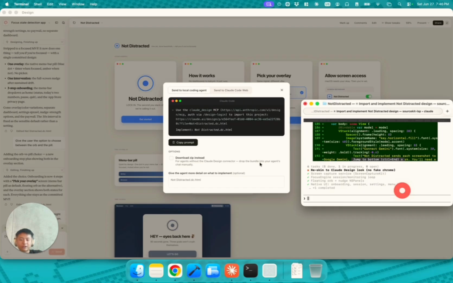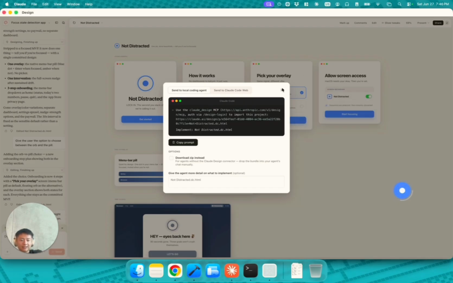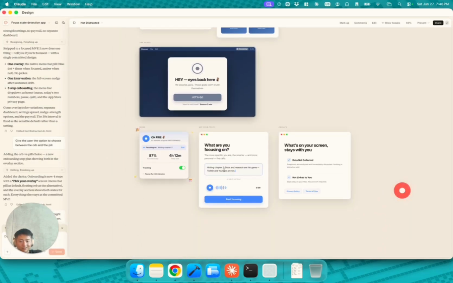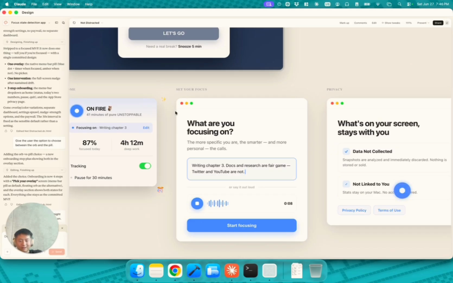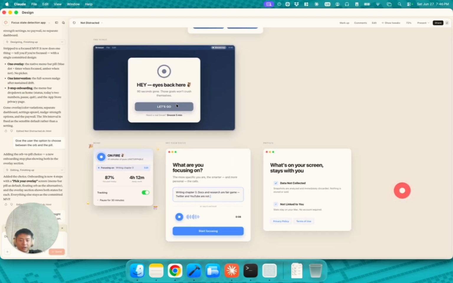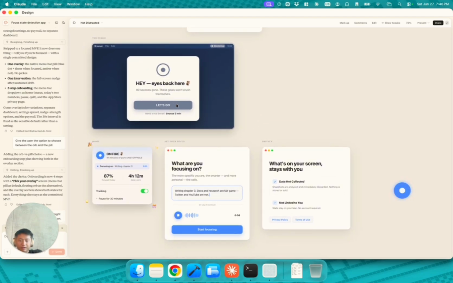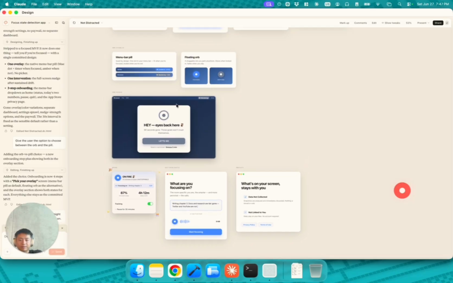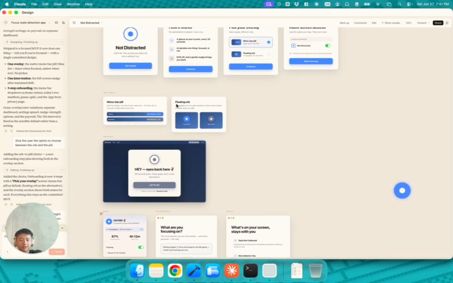In the initial version, it has some artifacts in the sense that it has this window within the window design. Of course, we went ahead and asked it to readjust that. Nevertheless, I think it looks really great, Claude Design being the focus of this video. And yeah, so you've seen it. You've seen how you can go ahead and design an app